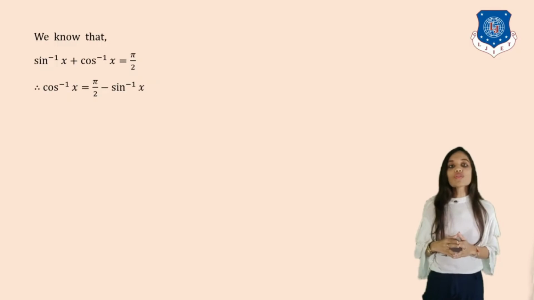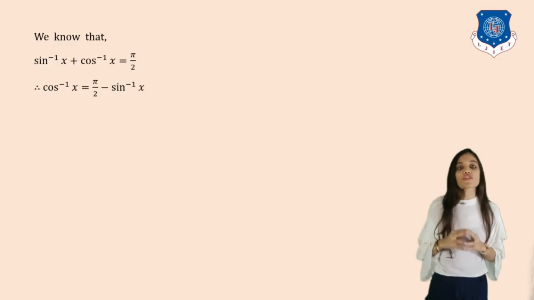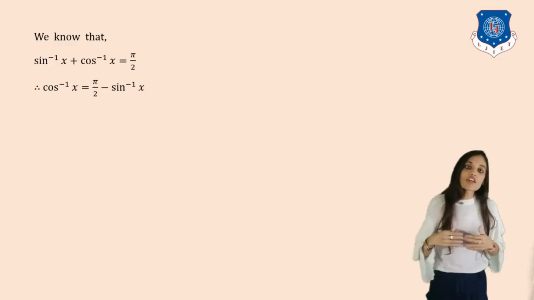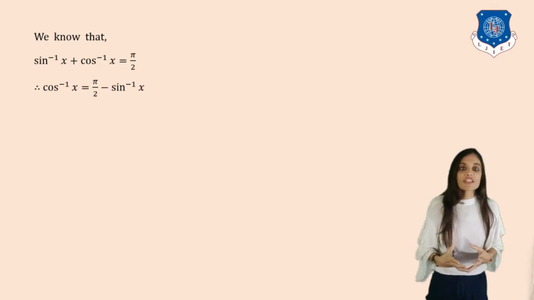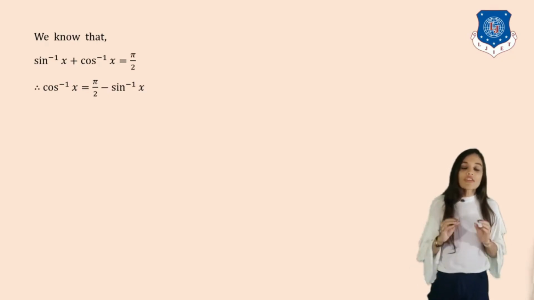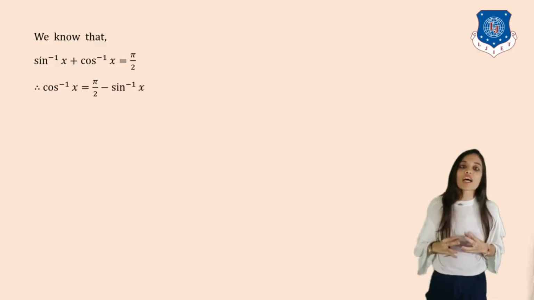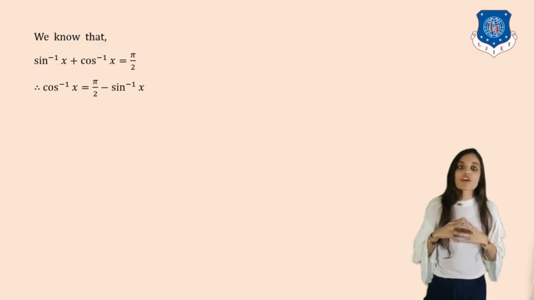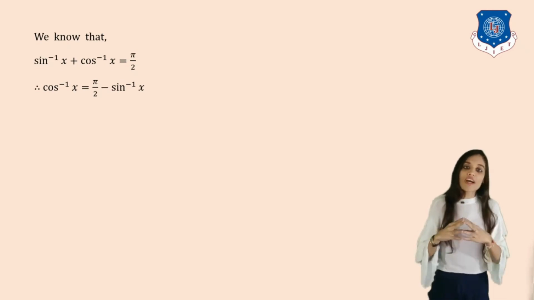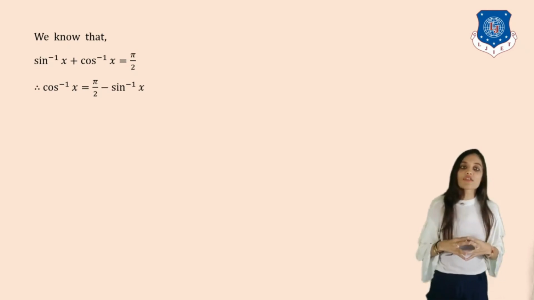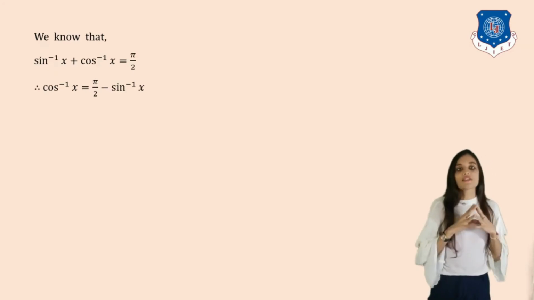Now we have to find the series expansion of cos inverse of x. But in order to find it, we will neither take the derivative nor use the series expansion of 1 plus x or the binomial series. We will not do anything like that. We will just use a normal formula we all know, that sin inverse of x plus cos inverse of x is equal to pi by 2. So finally cos inverse x is equal to pi by 2 minus sin inverse x.